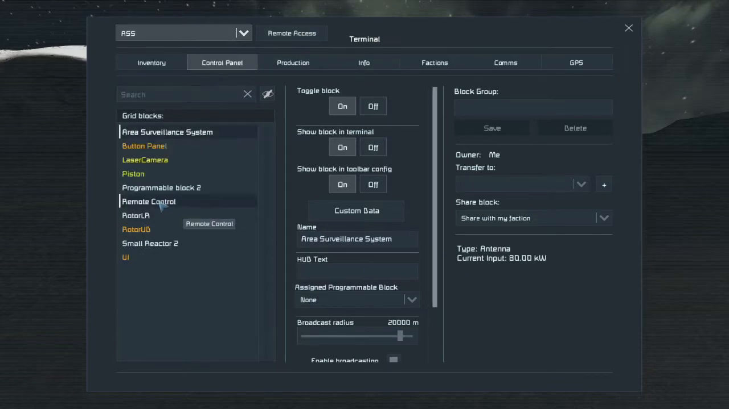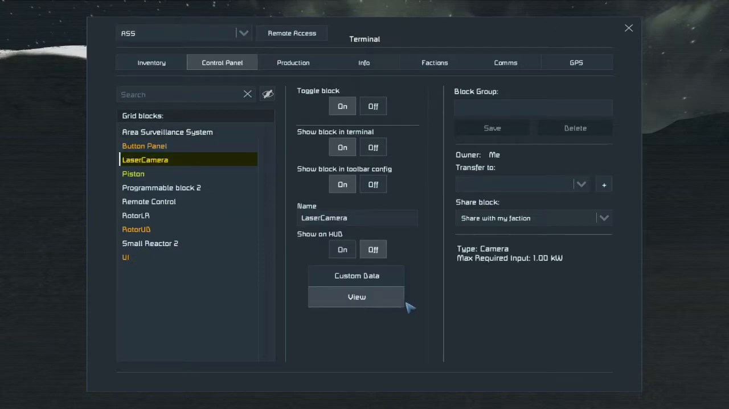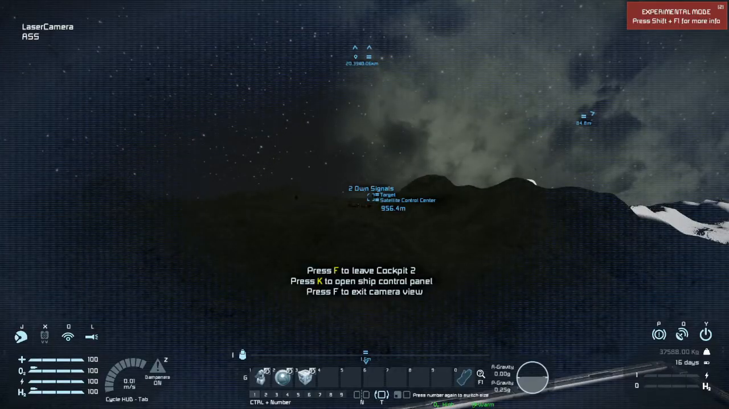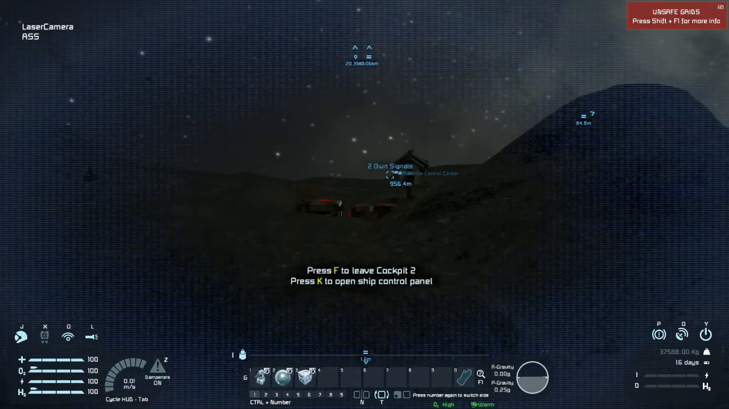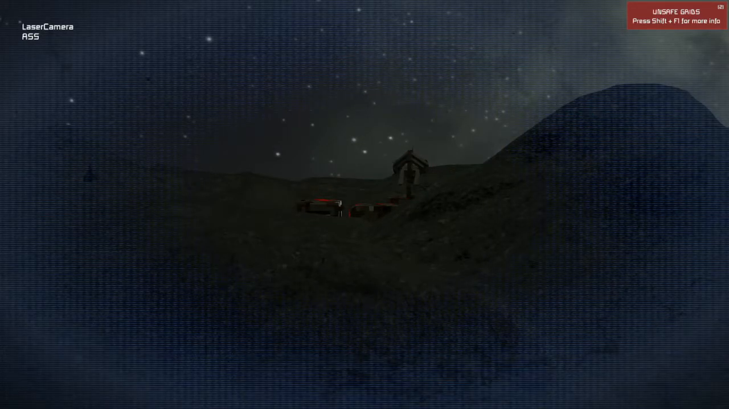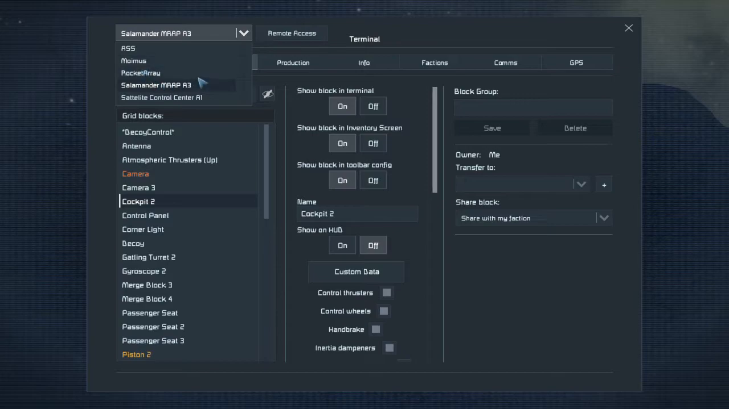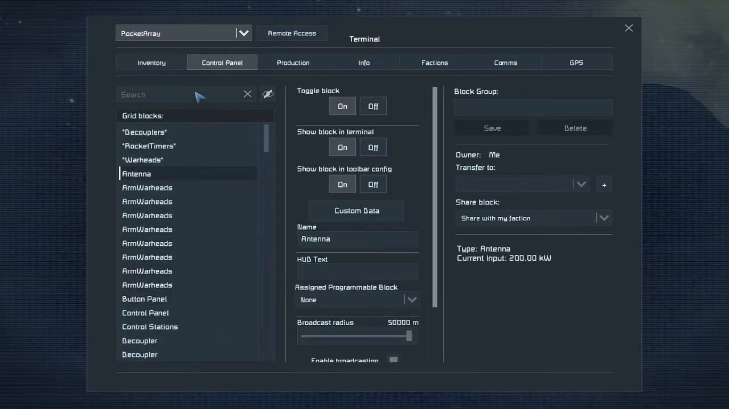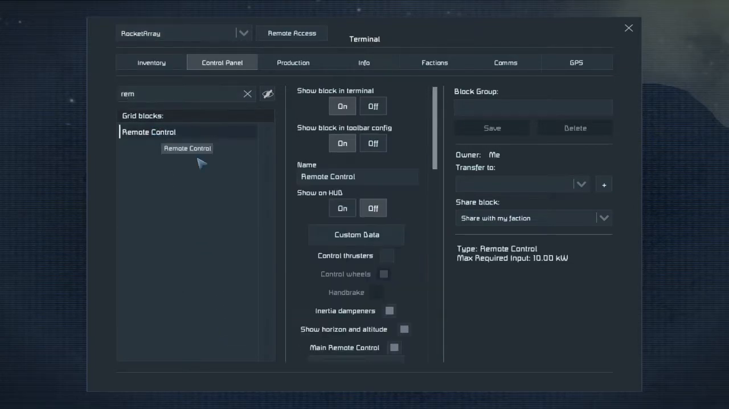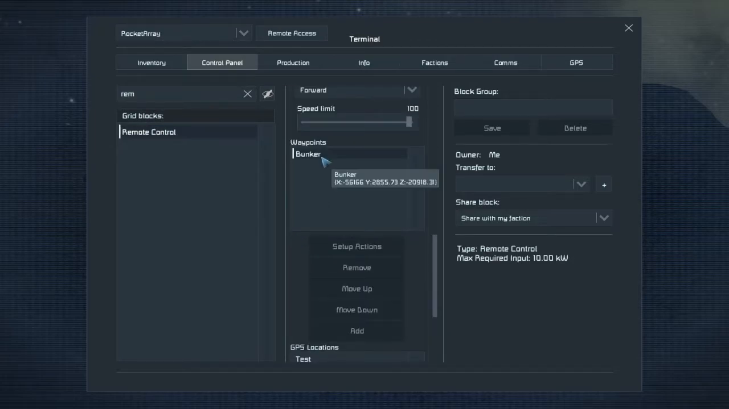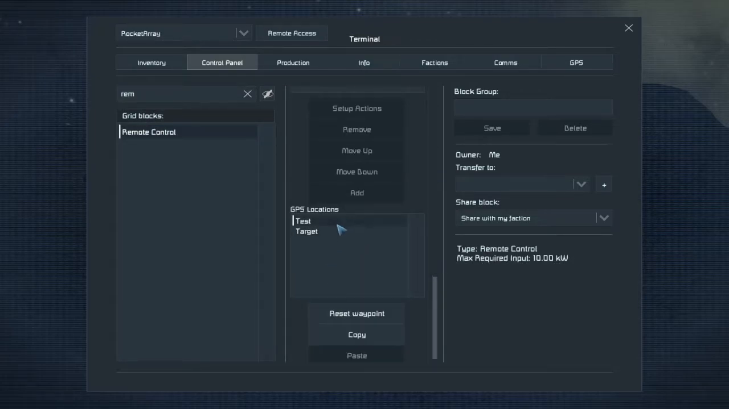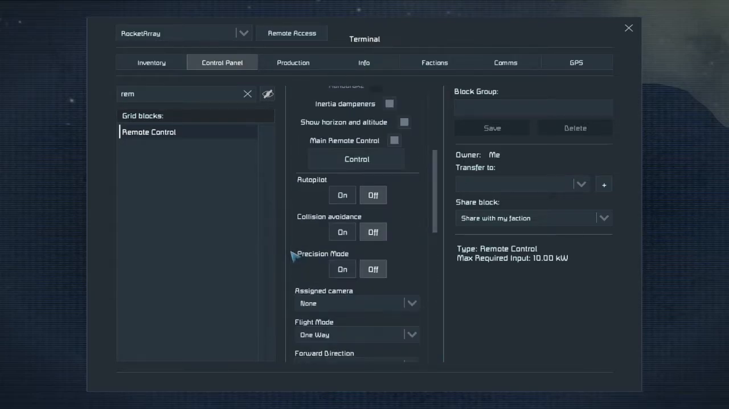But first, get to the camera of our laser designator so we can see how the rockets hit. Let's just turn off the UI. And okay, remote control. Remove the old coordinate. Add the new coordinate. Okay, and turn the autopilot on. If we are lucky, this time it works, and it works. You can see our